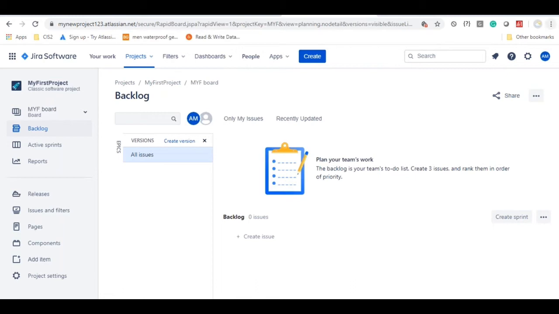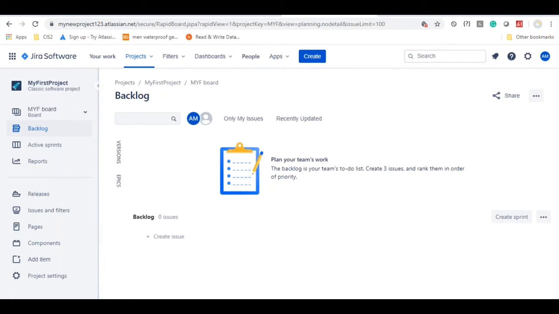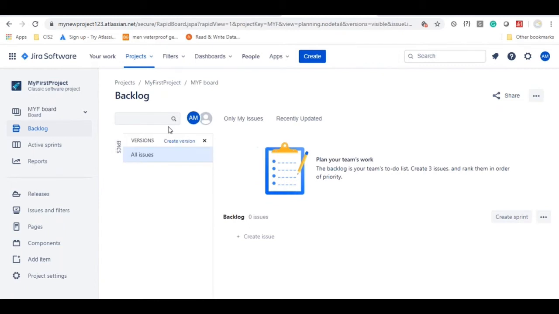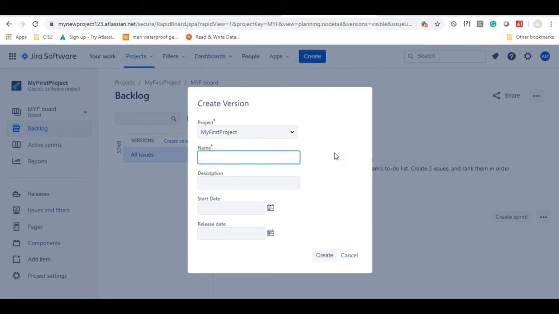So here, in this screen, currently we are on the backlog page, and now you have to click on this versions tab. This screen is going to open and you create the version numbers. The version numbers, whatever you want, you can give. There is no restriction. As I said earlier, Google was giving different names for their versions. In the same way, you can give whatever you want, but currently to understand easily, I will be using the naming convention as version 1. And on what date you are going to release this version, that start date also you can choose here. Start date or release date, something like that.